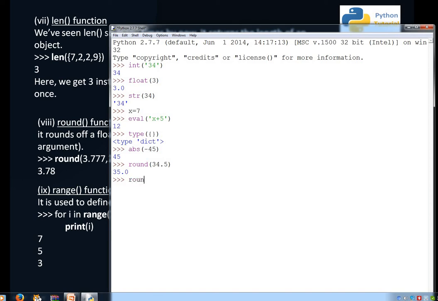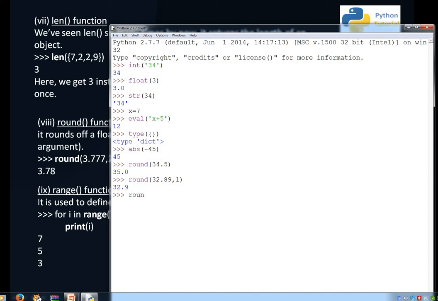Now if we say round of 32.89 comma 1, the answer is 32.9, because it is rounding off to one digit and the digit we are removing is greater than 5, so it gives 1 carry to the previous digit.